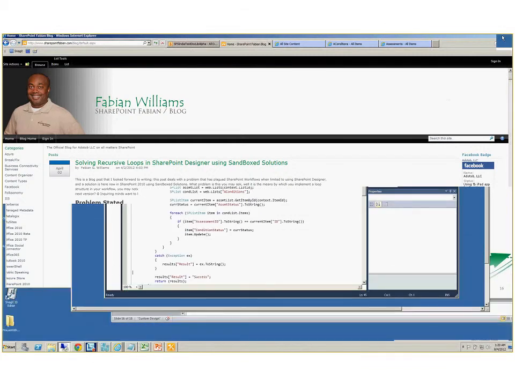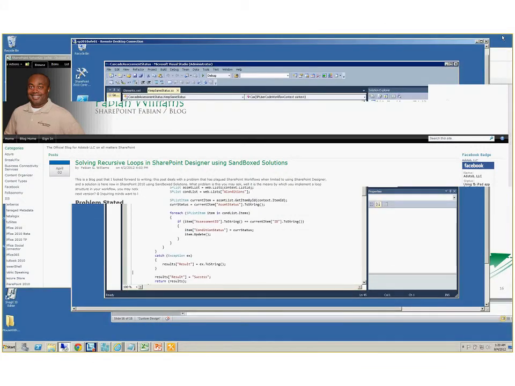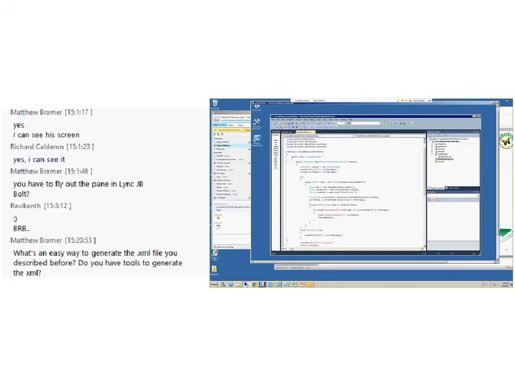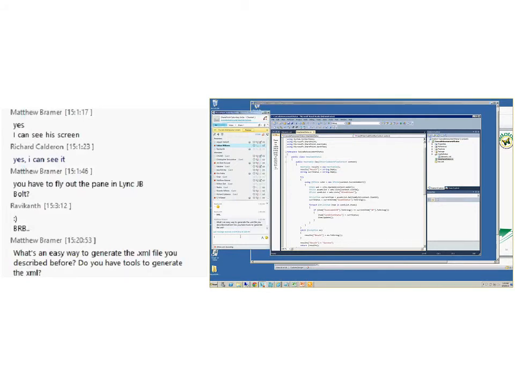What we're doing here in this example is that let's assume that you are in a human resources department, and as this human resources department is taking on applications for prospective employees. What's an easy way to generate the XML file? Oh, there is no easy way, buddy. You will hand type this yourself, unless you have